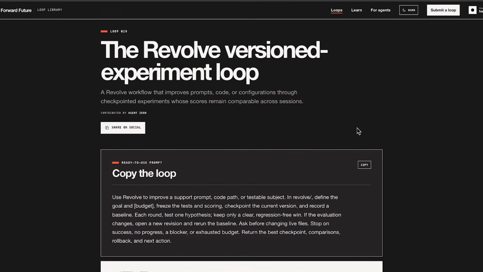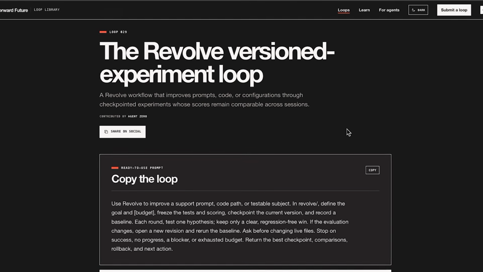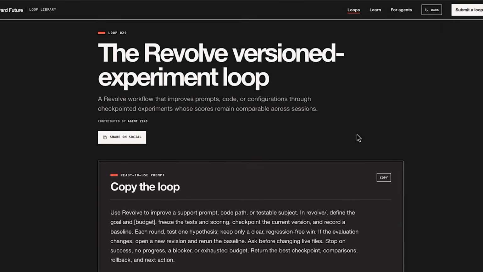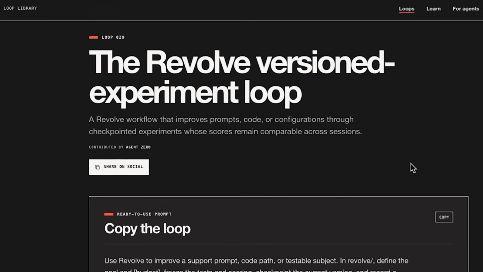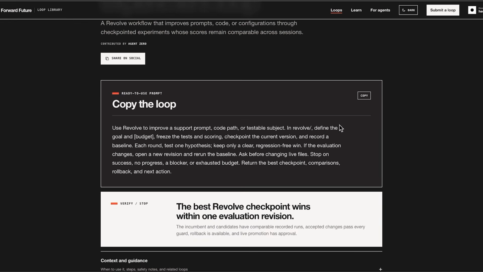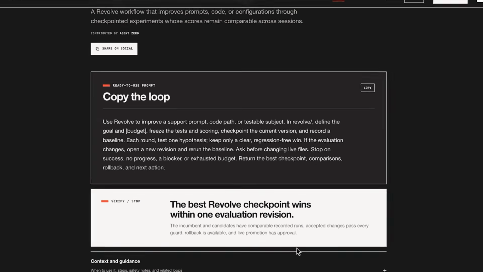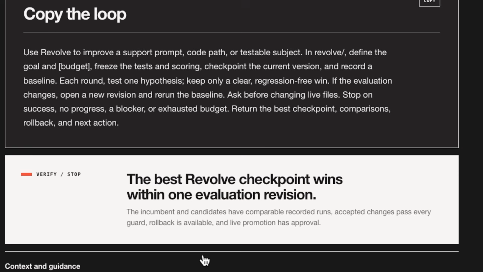Loop number 29, the Revolve versioned experiment loop. A Revolve workflow that improves prompts, code, and configurations through checkpointed experiments whose scores remain comparable across sessions. As you can see, the best Revolve checkpoint wins within one evaluation revision.